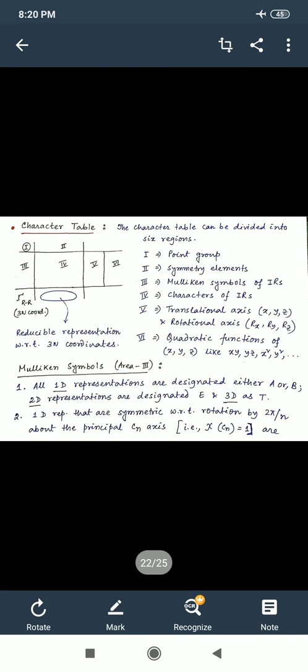If you read coordination chemistry, the Mulliken symbols are very, very important. You can see that A, B, E, T, so many letters are written there with subscript 1 or 2, with the superscript prime or double prime, or with the subscript G or U. That comes from group theory, and group theory tells about the main idea of the Mulliken symbols. So that is very, very important.